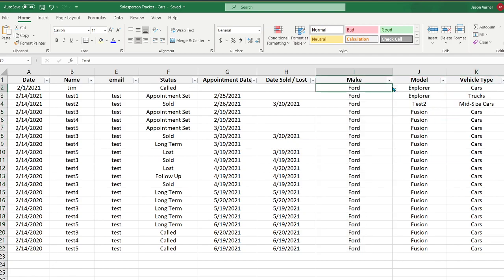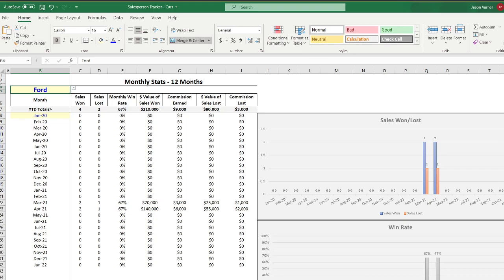How do you do on, right now the second name is just test, but how do you do on test cars? How do you do on test trucks? How do you do on Ford trucks? So you could do a double filter, but for now,